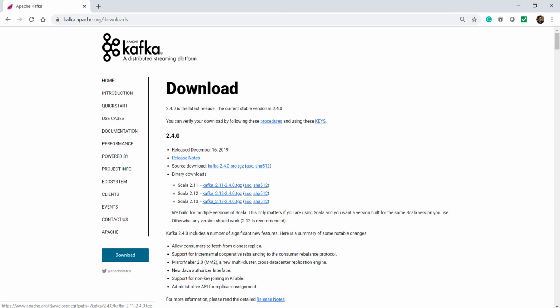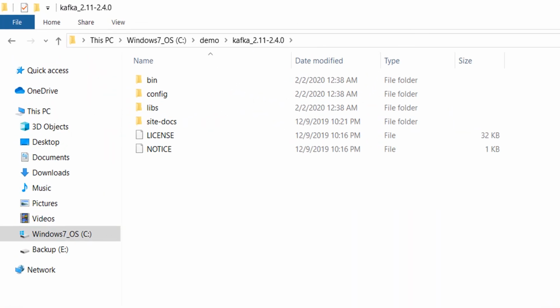Uncompress your downloaded file and you should see the following directory structure. The directory structure looks similar to Confluent Kafka, right? There are few differences and you will notice that some directories are missing from the open source version. But nothing to worry. The open source version also carries the same thing. It is just the directory structure that is different. And Confluent brings a few additional capabilities that you are going to understand as we progress with the course.